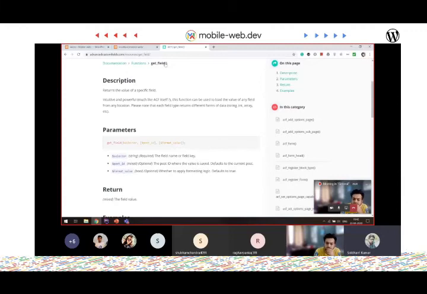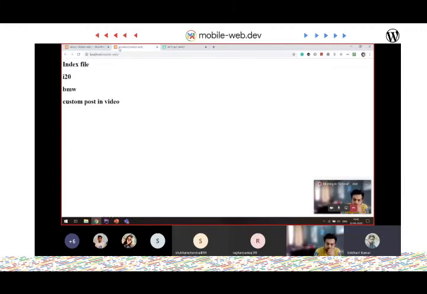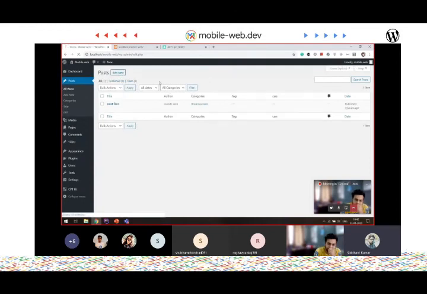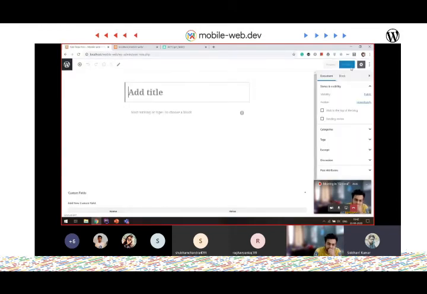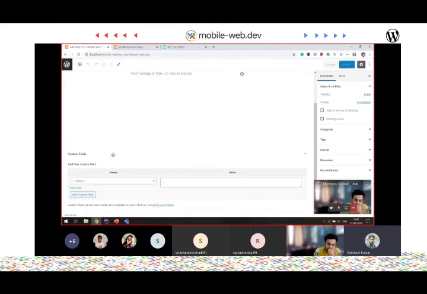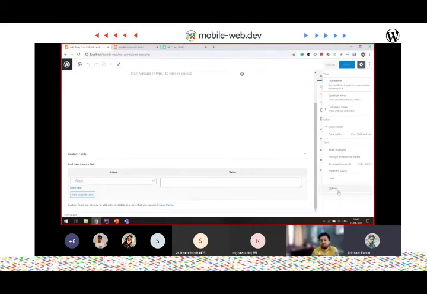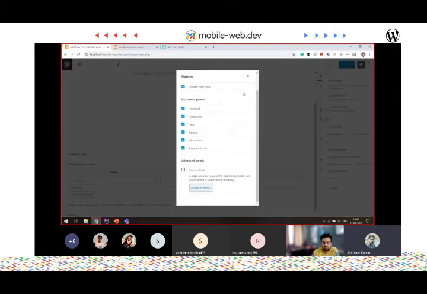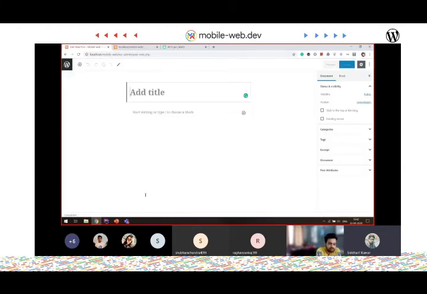Let's do this. Before doing that, let me show you something. Inside your post, when you add a new post, there's an option. This field wasn't here. Let me go to my options, and here you see a custom field. I haven't installed any plugin right now, so let me disable it. There is no custom field right now.